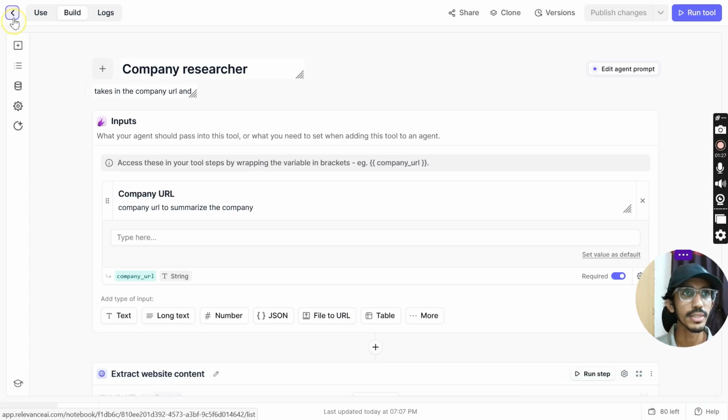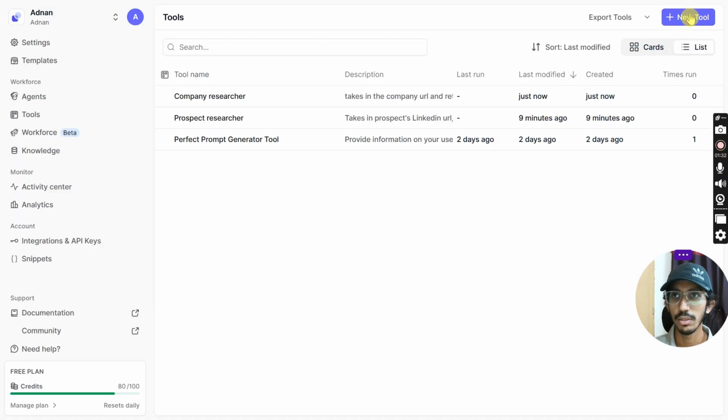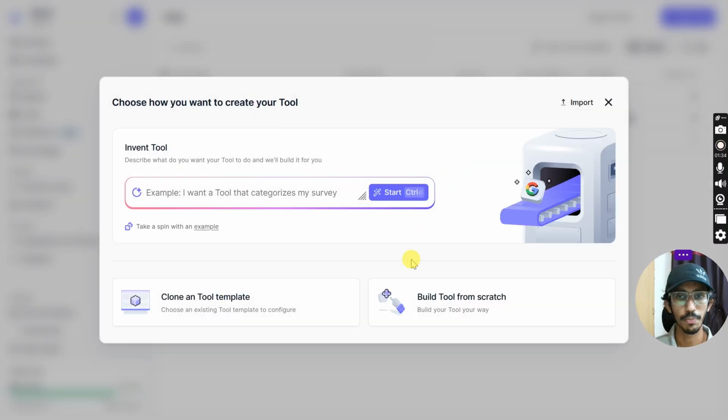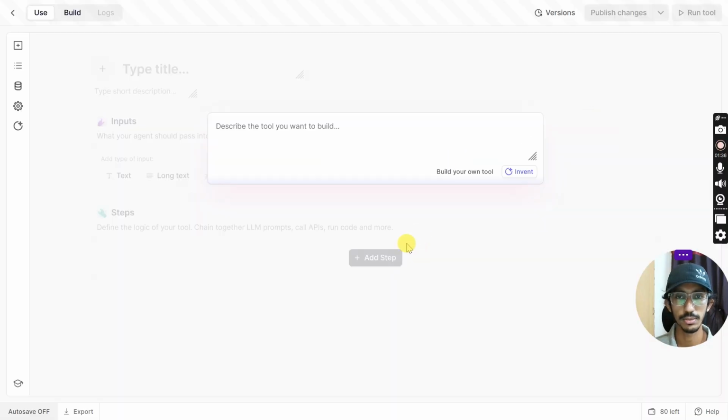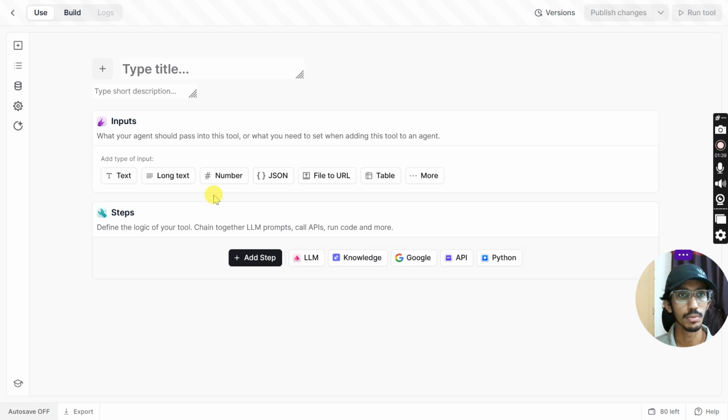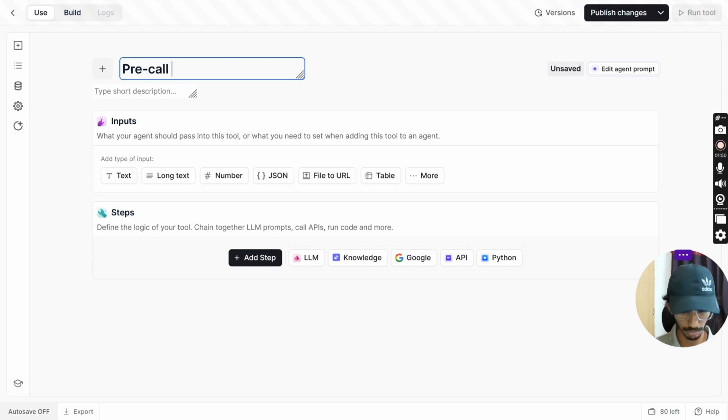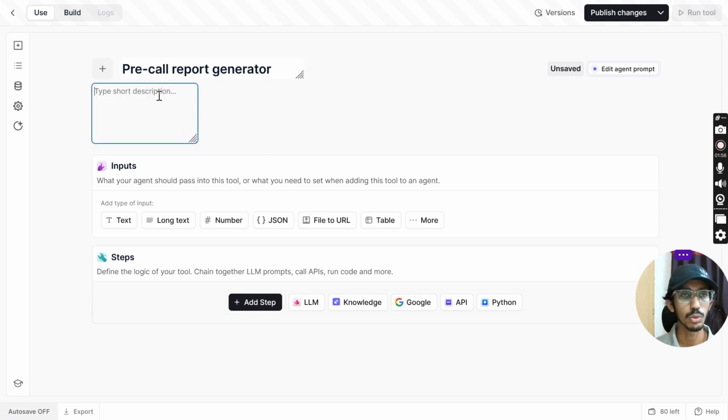Alright, so we can go ahead and build our third tool now. Let's click on new tool here, build from scratch, build your own tool. Our last tool will be our pre-call report generator, so we can name it pre-call report generator. What this tool will do, it will take in